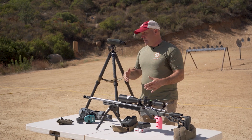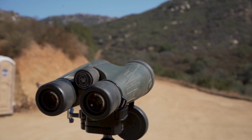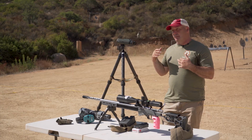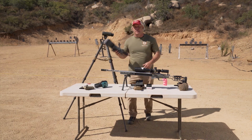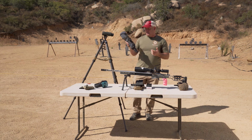The stuff that we need, okay, we need to be able to find it, and I have a couple of different things. I've got a really nice set of binos. This is kind of for spotting and finding and really glassing a lot of area. I can sit down, it's super comfortable, but I lose some detail with this that I'm gonna pick up with this, okay? Now, if I'm doing a hike and shoot, I probably won't carry this because this is about 5 pounds,